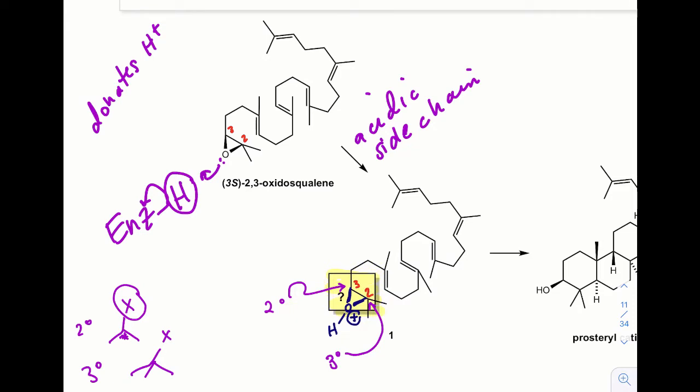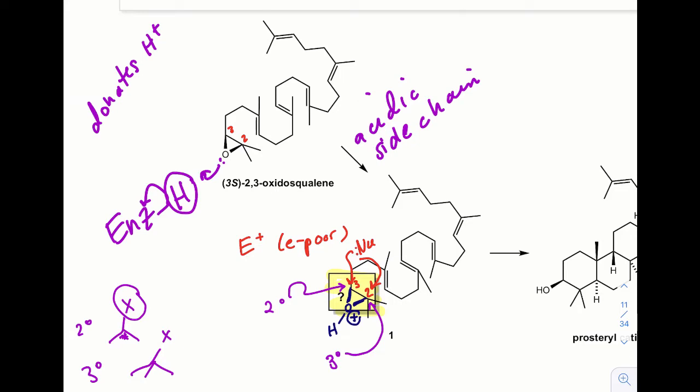Where do we go from here? Well, we remember that epoxides are electrophiles, and protonated epoxides are quite electrophilic. So this species we predict to be electrophilic, or an electron-poor species, and to react with a nucleophile. There are two possible places where it could react: the carbon 3 oxygen bond or the carbon 2 oxygen bond. So a nucleophile may attack at carbon 3, or it may attack at carbon 2 and open up that ring